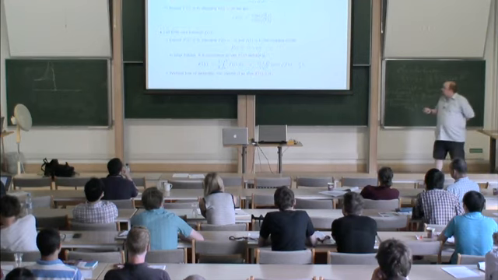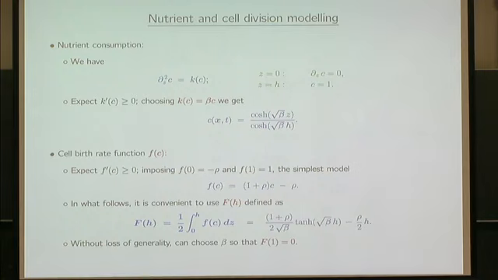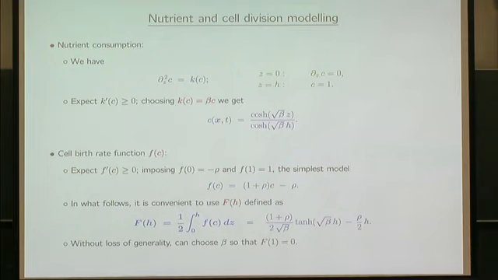So nutrient consumption is just a sort of diffusion and some consumption term. If you look in the books, there'll be all sorts of nonlinear terms to describe that. So we've assumed that more nutrients tend to mean that more gets consumed. As long as it's monotonic increasing, we assume the simplest thing which we can solve, and that's a simple enough solution. The birth rate, this F(C),